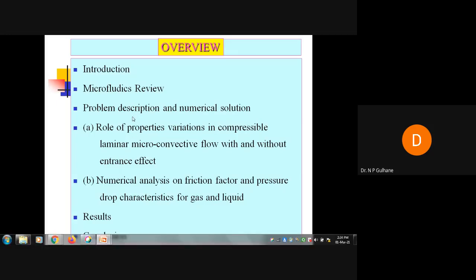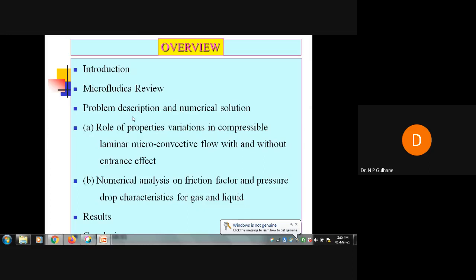In this numerical simulation, we have tried to study the role of property variation in compressible laminar microconvective flow, and here we have studied this problem in two different aspects, with entrance effect and without entrance effect. And the second part of the problem is